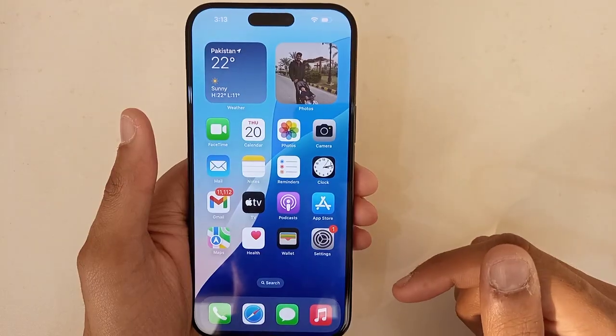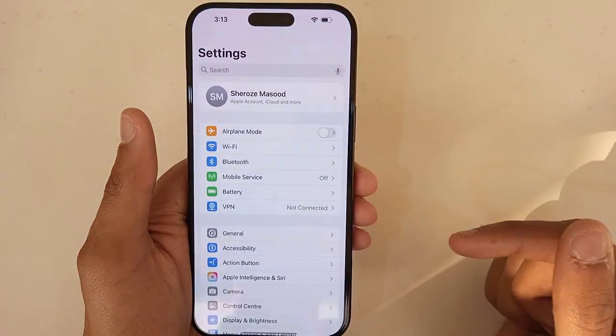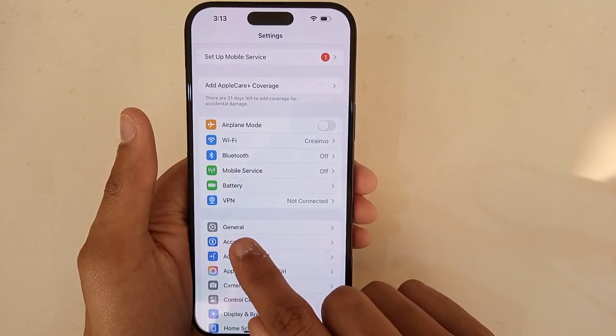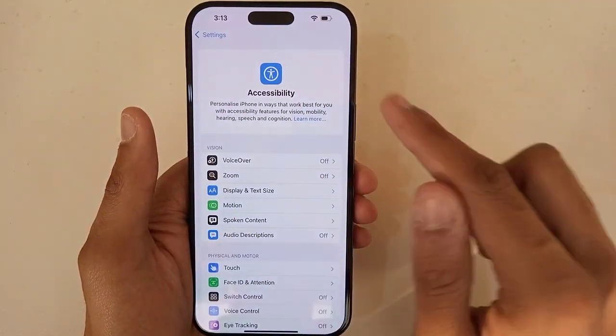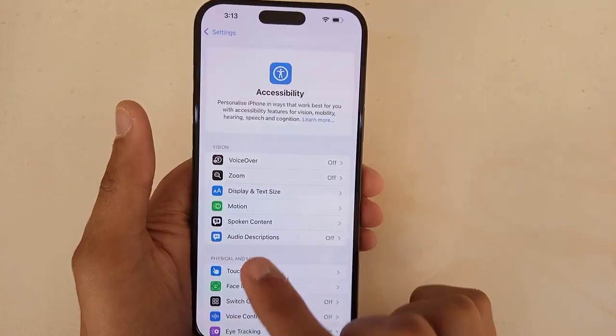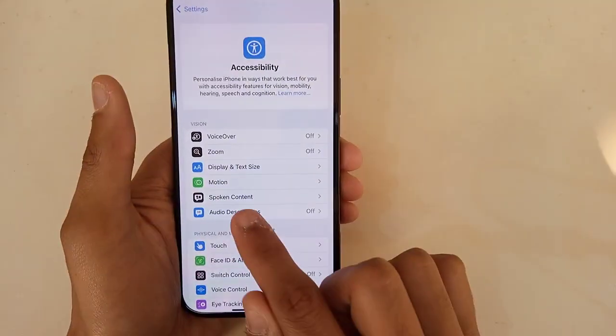It's very easy. What you need to do, just go to the settings. After going to the settings, you need to go to the accessibility here. After going to the accessibility, as you can see, there's an option, spoken content here. Tap on it,